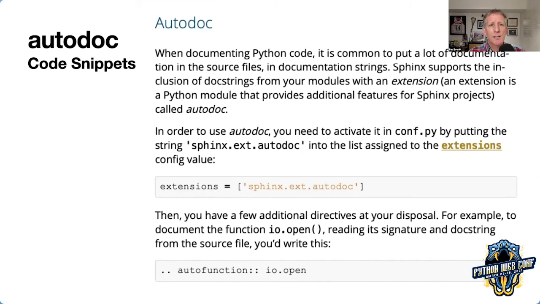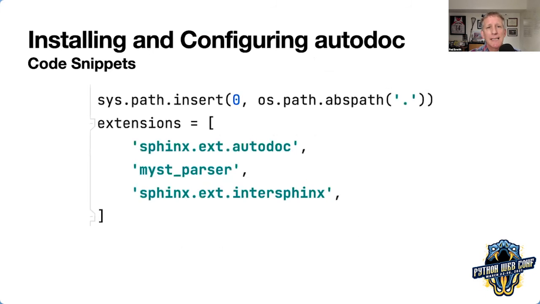What do you got to do to get Autodoc? It's already bundled, so you just have to include it as an extension. But you have to make sure the thing that you're pointing it at, the package path, module path, is available to your current Python virtual environment. And if you're working in a package, setup.py, pyproject.toml, that's already there. But if not, you got to do this sys.path insert dance. And at that point, the current directory is part of the path, and I can point at hello_world.py.